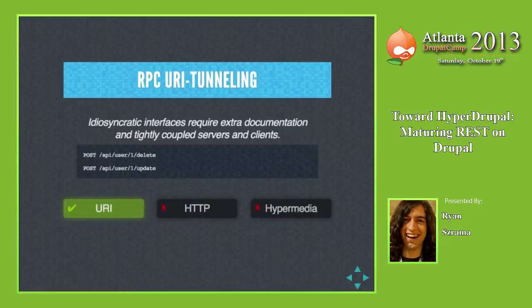And what's the problem with that? What if I change a URL at the server side? Well, the only way that you're going to know about it is whenever your application breaks and you come find my documentation and say, oh, between version 1.1 and 1.2 this changed. I need to update my URL. And really, they are using URIs, at least, so that they're using part of what makes the web special. Because you're saying that if I send information to this URI, it does one thing, this URI does another, this does another, and so on and so forth.